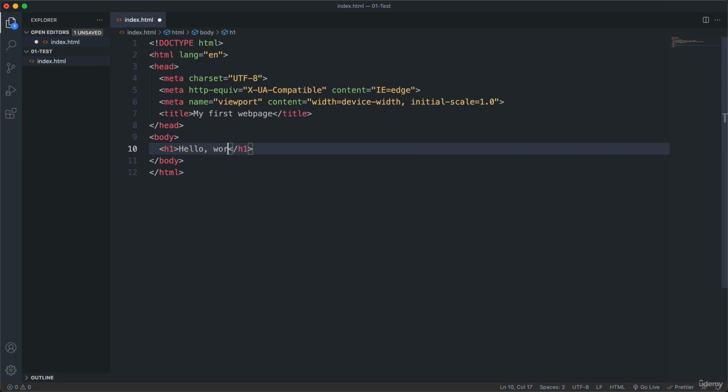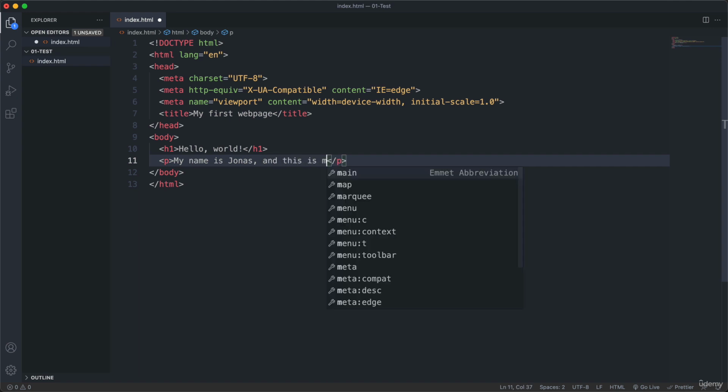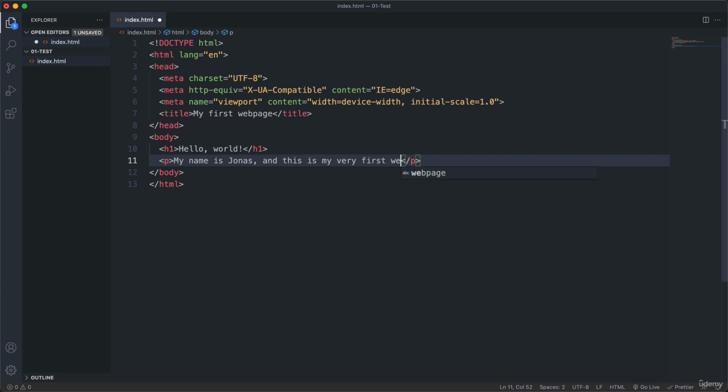I'm writing hello world, which is kind of a standard when you write your very first line of code in any programming language. So hello world is really a long-standing tradition. Next, let's try another one. Again, this less than symbol. Now let's try P, which stands for paragraph. And again, VS Code automatically closes the paragraph for us. So let's say my name is Jonas, and you will of course use your own name. And this is my very first